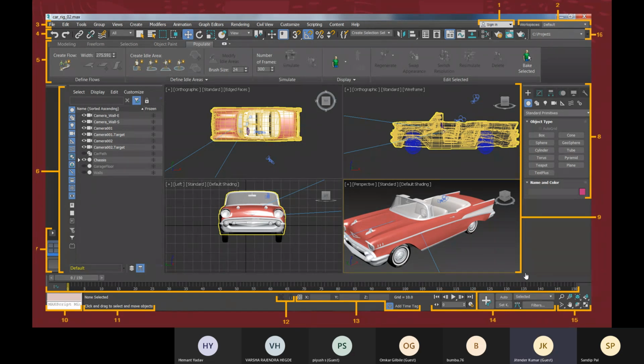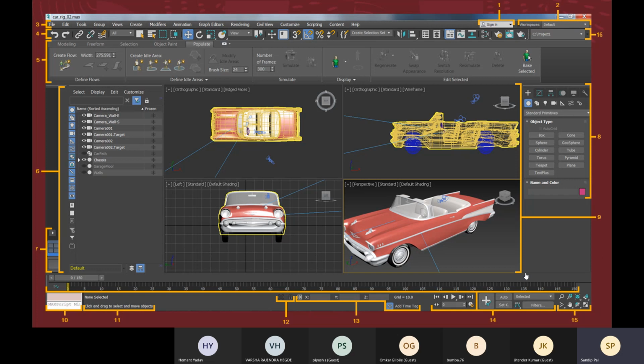What is GUI? GUI is your graphical user interface. Every software has this GUI. Revit has the GUI, AutoCAD has it, and every software has it. I'm elaborating on this software so that you can understand each and every part's name, where it is, and what it is called.